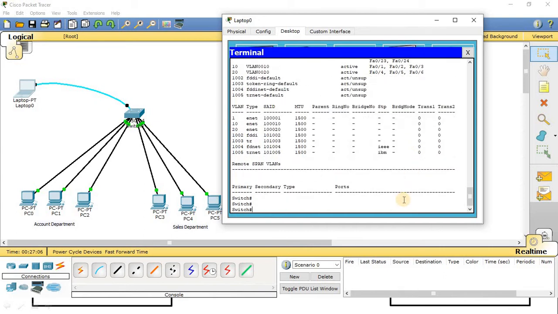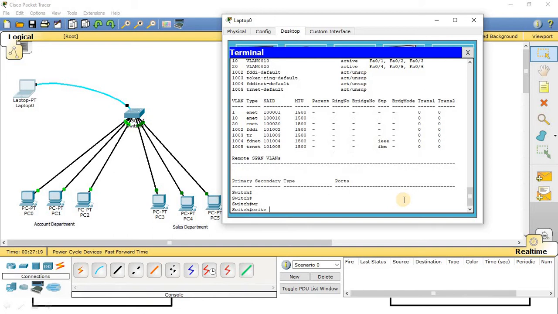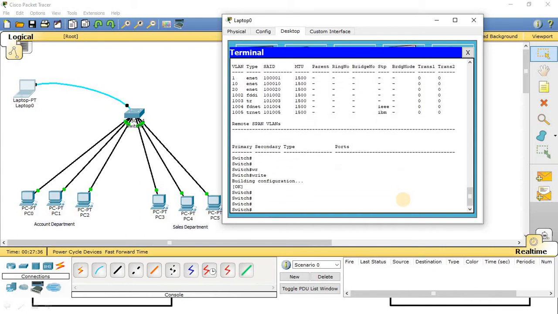So whatever configuration I have done, all this data setup is in temporary memory. So I have to save this data to the permanent memory. For that I will use the write command. The write command is applicable only in enable mode. Remember, it is only applicable in enable mode. So now I am in enable mode, so I have used the write command to save all the temporary data